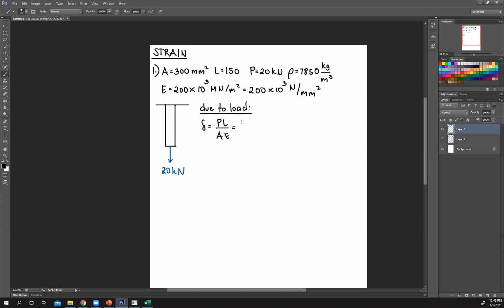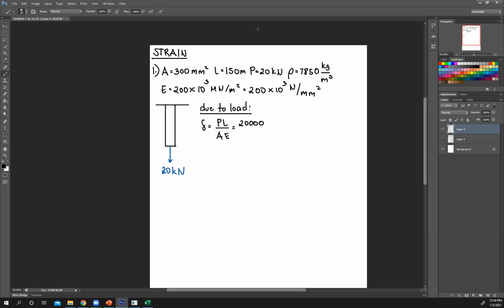Force is 20 kilonewtons, obviously. Everything in newtons, so that's 20,000 newtons. Length, original length is 150. Unit of that was meters. So what you can do now is to convert that into millimeters, everything in millimeters, so that your final answer is in millimeters. Or if you want, you can have everything in uniform unit. In this case, everything in meters, then your final answer will be in millimeters. So let's try the latter. Everything in meters first, then convert everything to millimeters.